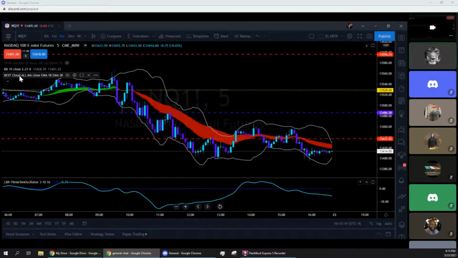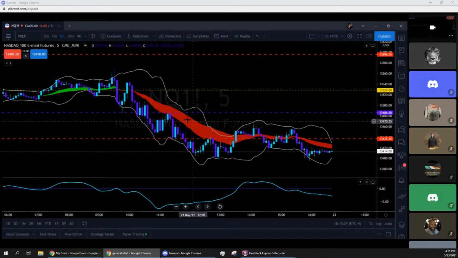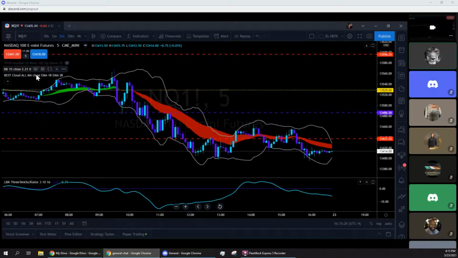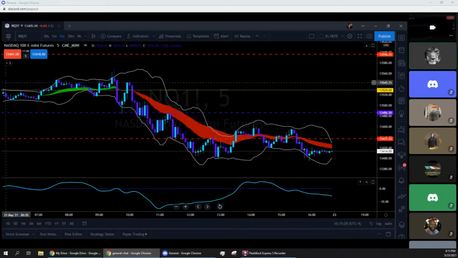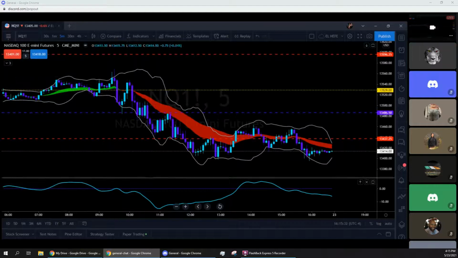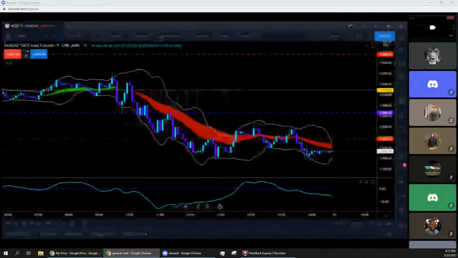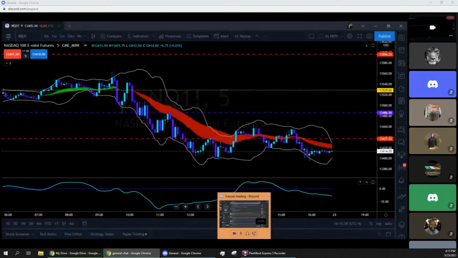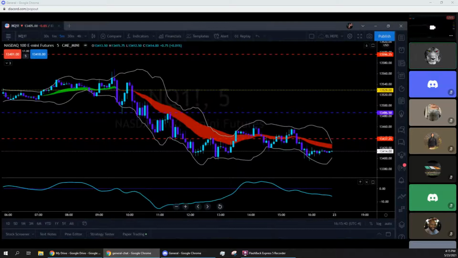Some of those things that have changed are simply the cloud itself, right? This cloud is based off of an 18 and 38 exponential moving average. That's what produces the cloud. The Bollinger Bands have stayed the same. And the 310 oscillator also has stayed the same. There's nothing changed with it. I'm going to flip y'all back over here to my trade of 8. Well, I tell you what, before I do that,